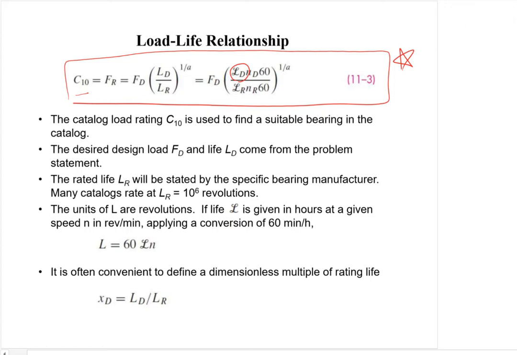So capital L is revolutions. And that's typically not how you'd think of something in your plant. You'd think of script L, which is how many hours you need. So this is typically the one that you're looking for: how many hours do I need this thing to run between failures,